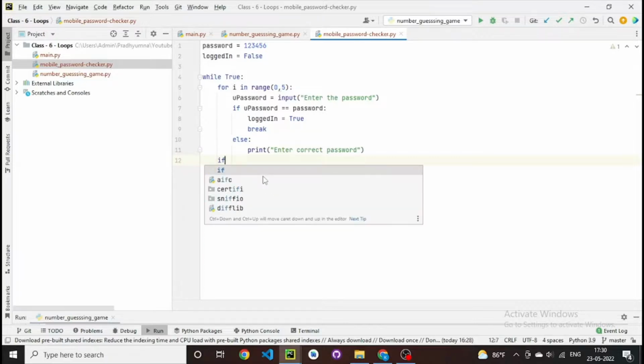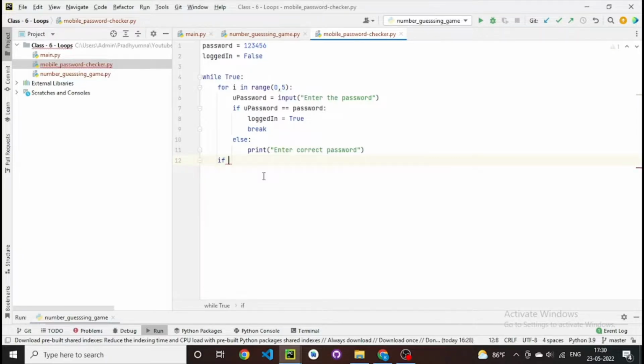But before we stop it, we just check if logged in. So here you can see that we are not doing any comparison or anything, we are just giving it logged in because this is already a boolean value. So you have to always give a boolean value. Whenever we compare also, it automatically takes the boolean value and does whatever it has to do. So if it's logged in, break. But if it's not logged in, then